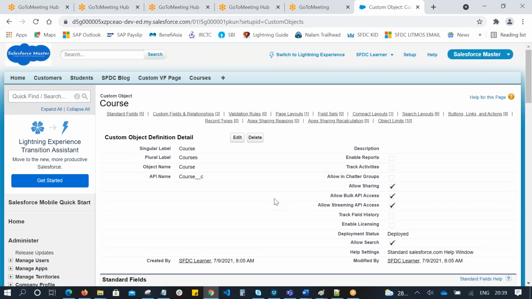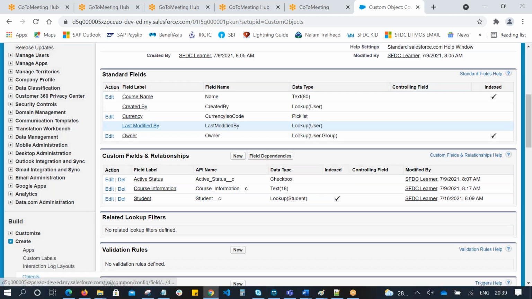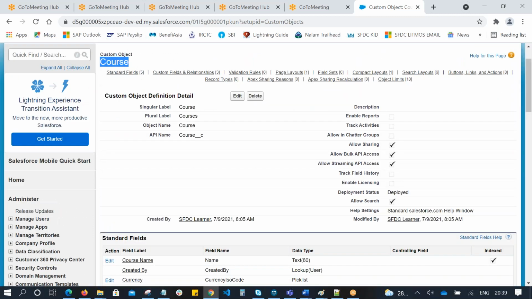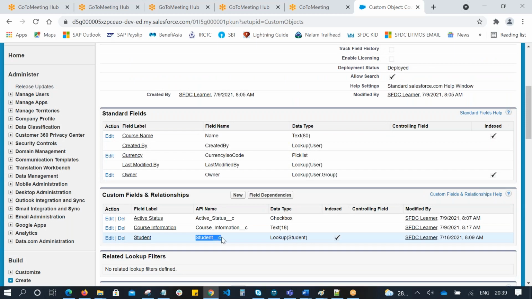Now under the custom fields section, you can see a new relationship. We are in the course object. From the course object, we are able to build a relationship with the student object. The relationship type is lookup, so we are able to create a lookup relationship between student and course. Course is a child object, student is a parent object.